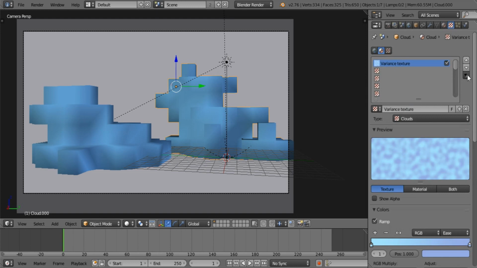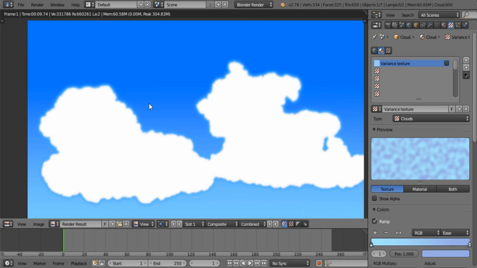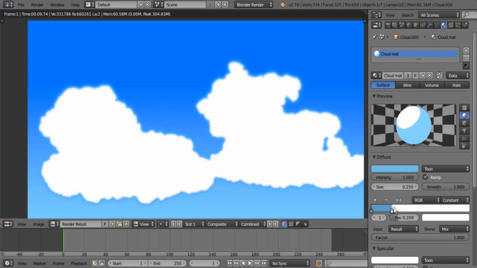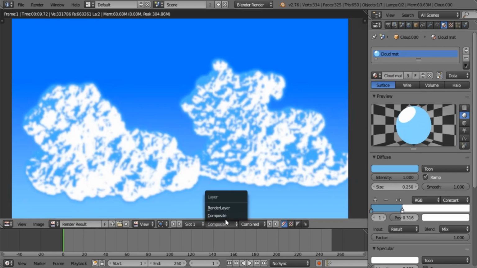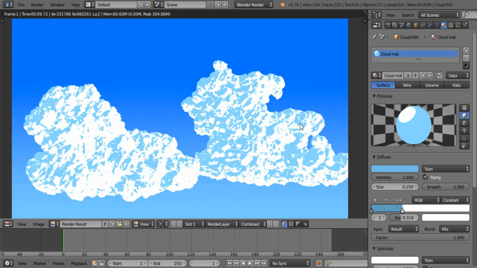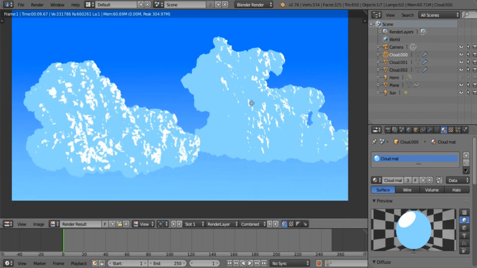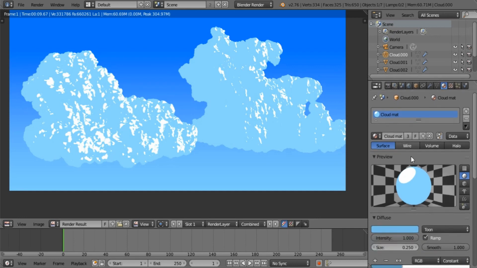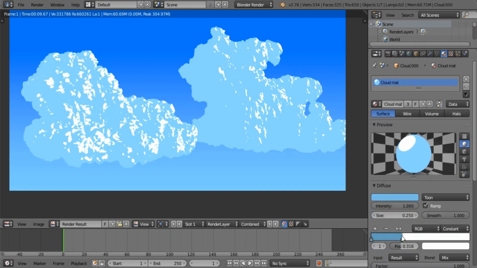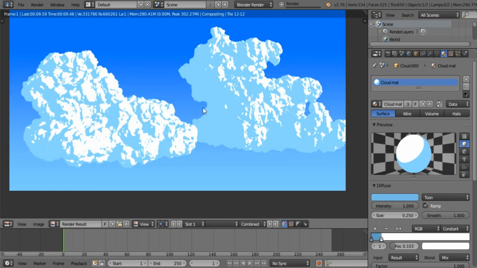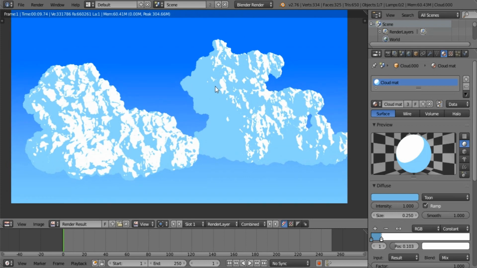So let's just remove this variance texture and hit render. And that is exactly why we do test renders. Let that be a lesson. Okay. So decrease the white. Okay, that looks fine for the moment. I think we can turn off the Hemi. And now we can slightly increase our white again. To about there. And there you have it. That's how you adjust the